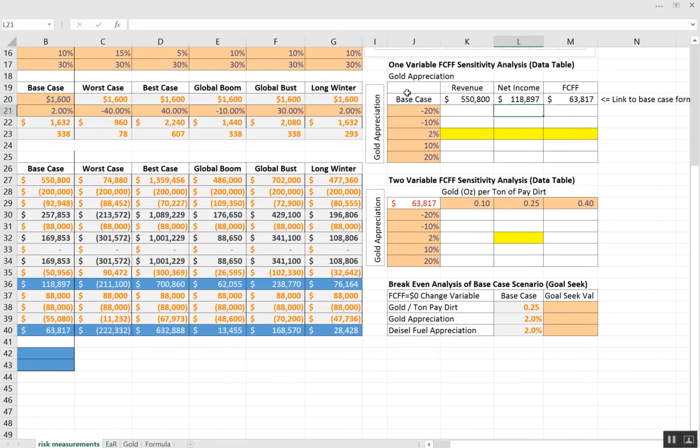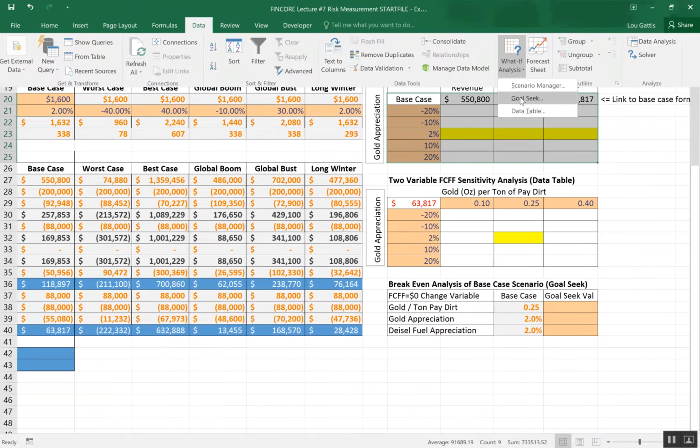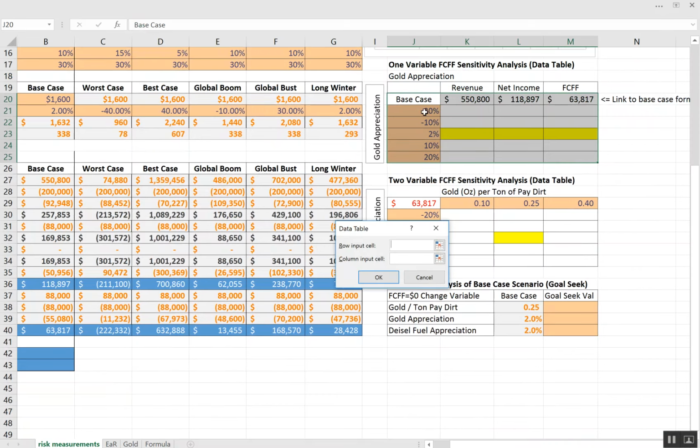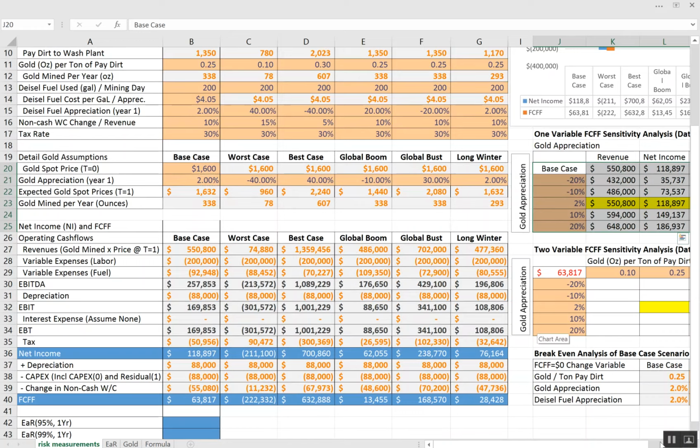And what I'll do is I'll then highlight this grid and click on Data, What If, Data Table. And I'm going to do a one factor. The only factor I'm changing is gold appreciation. So I'm going to click on Column, and then I'll click on the input that drives those three numbers, which is right here. This 2% appreciation drives the price of gold, which then drives all these numbers. So if I hit OK,